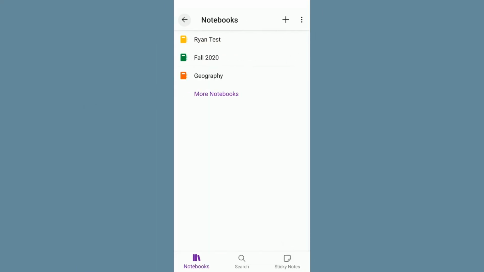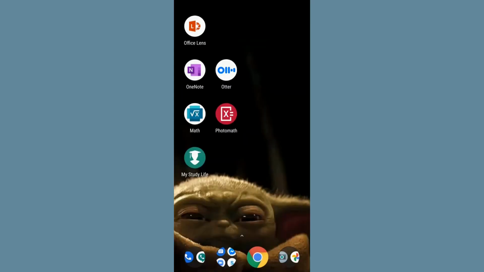So that is OneNote. Again, that's made by Microsoft, and that is their official tool for taking notes. What's really nice about OneNote is it automatically syncs to the cloud, which is to say that if you were to get on your laptop computer or your iPad or your Chromebook or any other internet connected device and go to OneNote.com, you can see all of the notes that you've typed in, even though you typed them in on your phone. So it automatically synchronizes across all of the devices. Really handy. And again, that's OneNote from Microsoft.